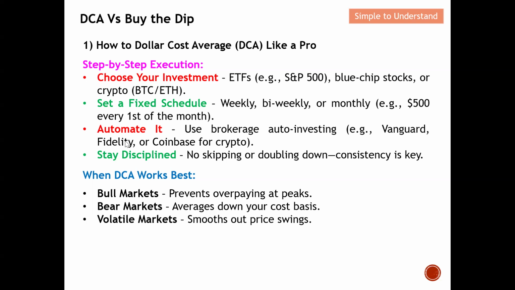Last but not least, please remember that you need to stay disciplined. You should not skip. As I mentioned earlier on, don't overcommit. If you commit weekly, make sure the amount is one you are able to commit to on a weekly basis, for example $100 weekly rather than suddenly $500 per week. You can gradually increase this amount, but definitely you need to be disciplined.